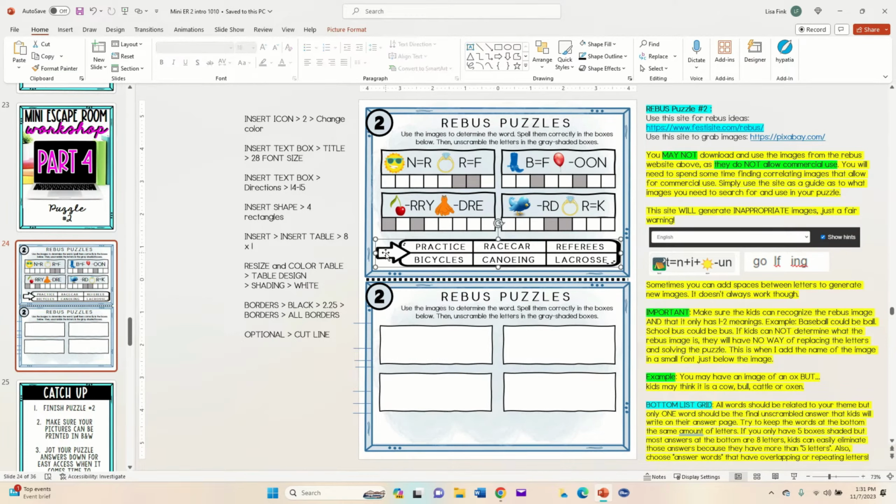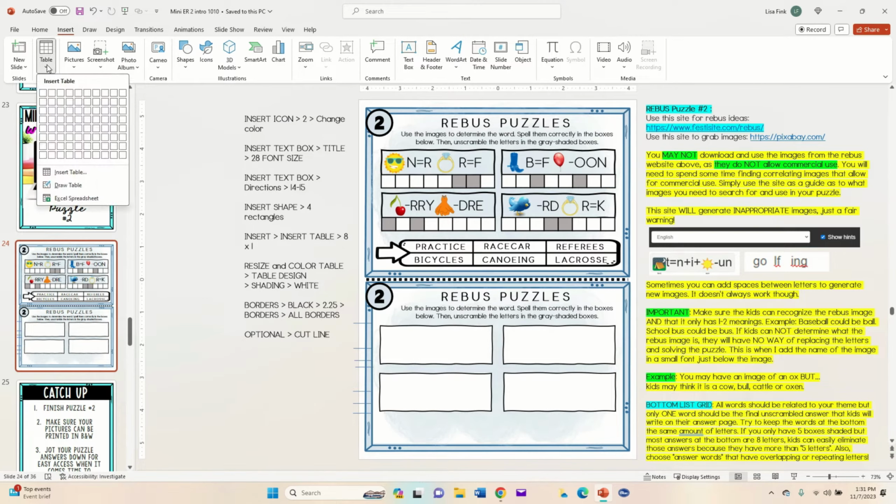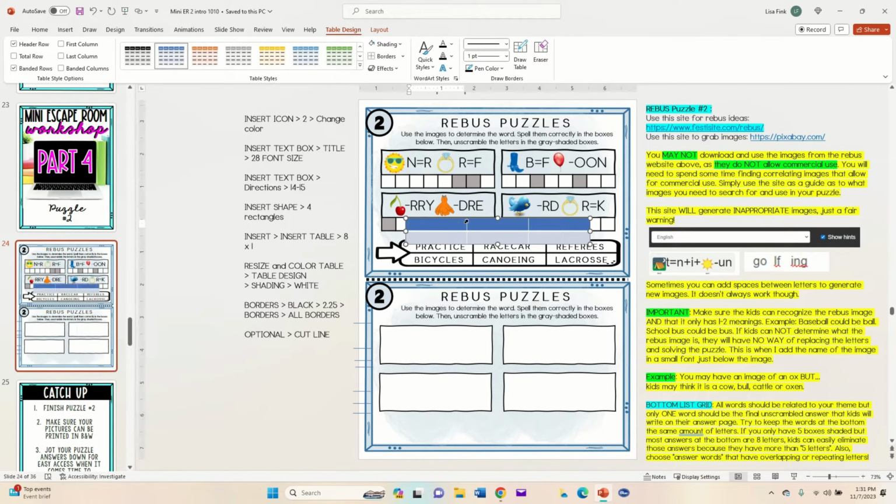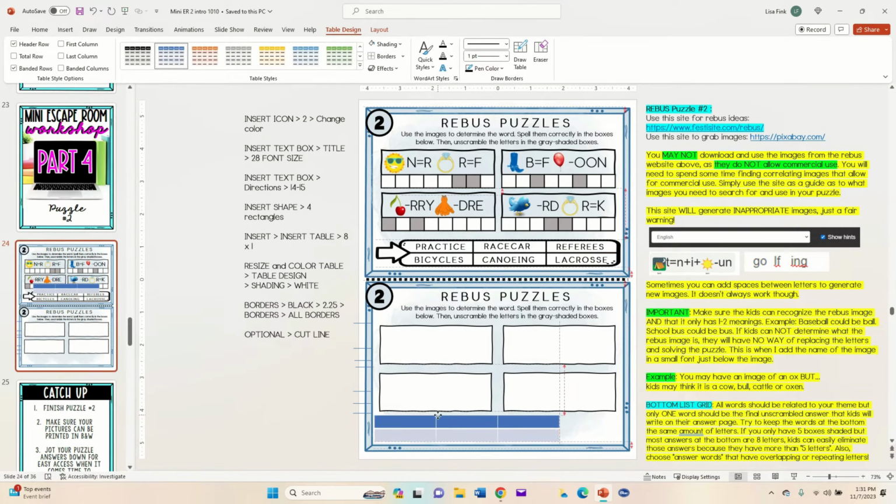Now again, this little image comes with the All Access Pass, but if you're simply looking to insert a table, you can go to Insert, Table. It is 3 across by 2 down. We did this before, we'll do it again, but this time a little bit quicker. We want the shading under Table Design to be white. We like the size of the borders to be a little bit thicker,